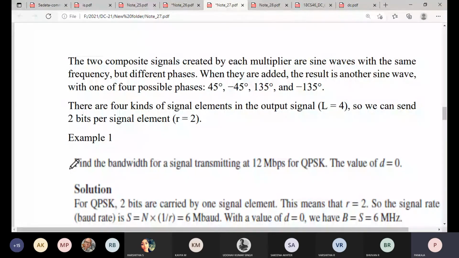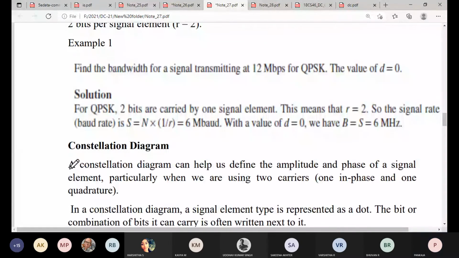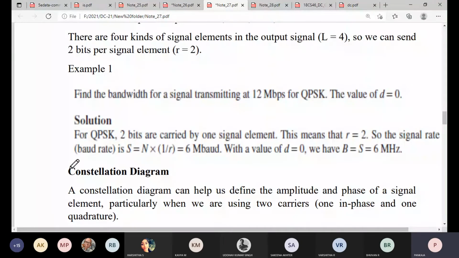Always here you are going to get a composite signal. What is the meaning of composite signal? Can somebody answer? We have used this term many times. You should answer either correct or wrong. Try to answer. Either use the chat box or unmute yourself. What is the meaning of composite signal? We have discussed in chapter 3.